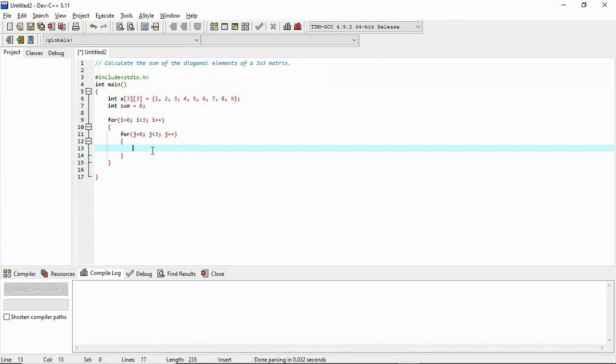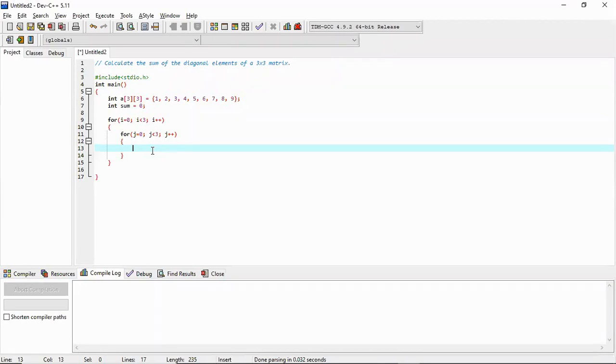Now we first have to check which are the diagonal elements. How will we know which are the diagonal elements? This is very simple. Those elements whose I and j have the same value are diagonal elements.